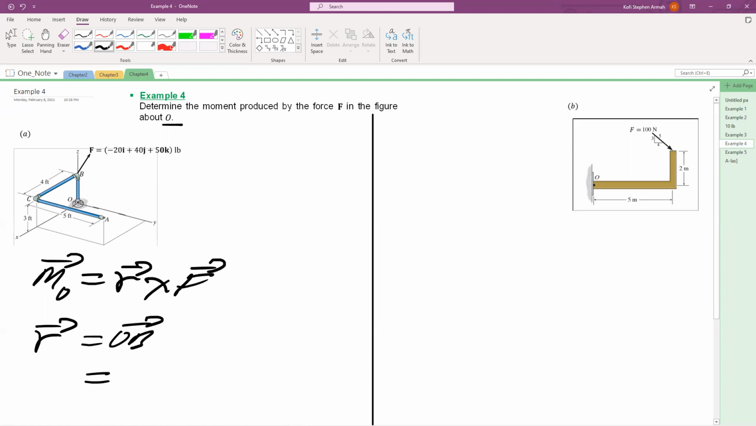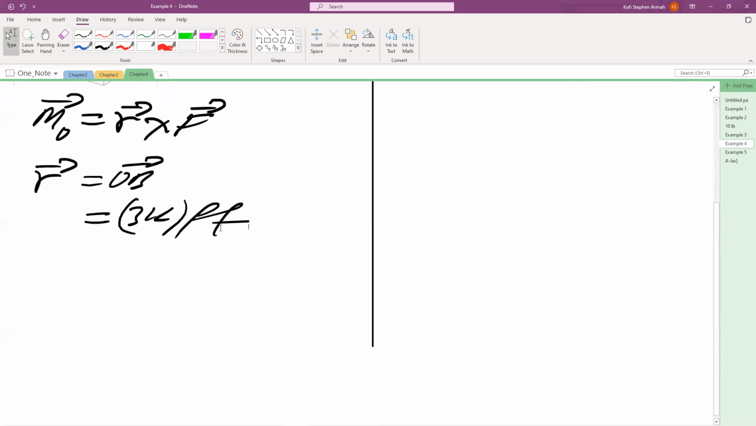And vector OB from here is 3, and you are going in the Z direction. So this is just 3k. Of course, it has a unit. F is in pounds. So therefore,